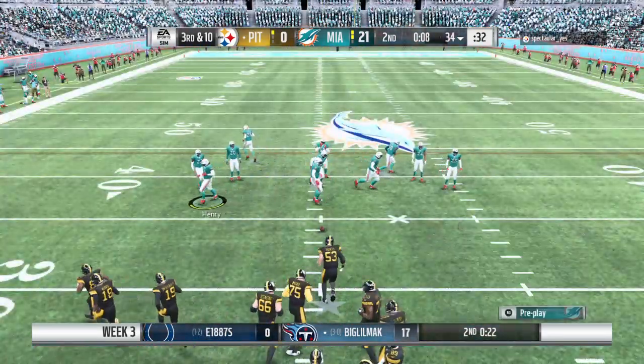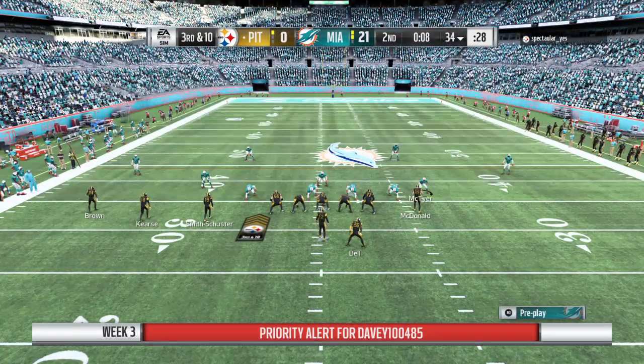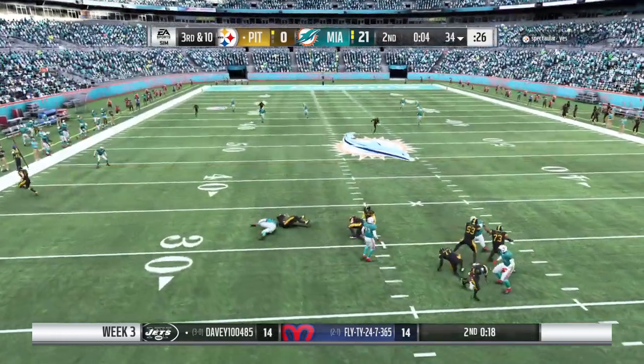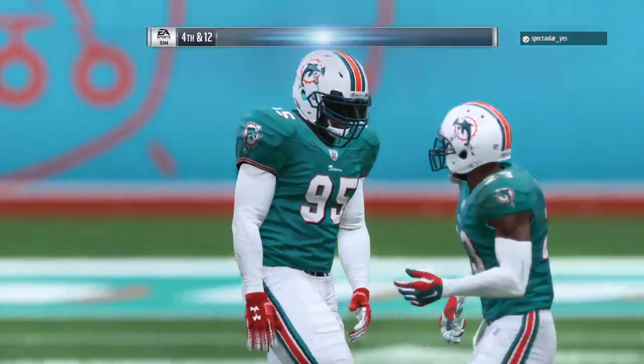The Steelers on 3rd down. They've been okay, 2 for 3 thus far. This is 3rd and 10. Shotgun now for Rodgers. The Dolphins get there this time, and they bring him down. So the 2 teams will head to the...